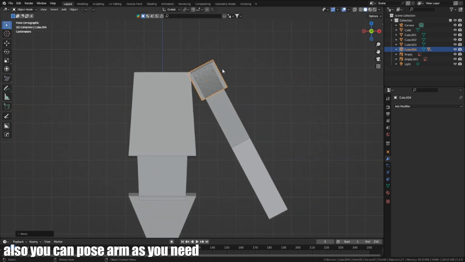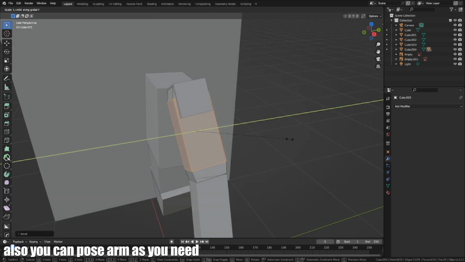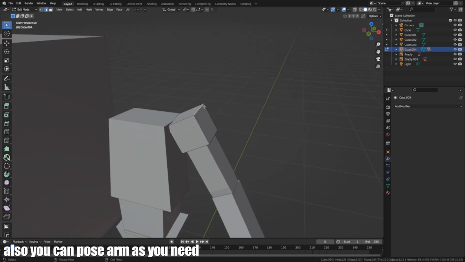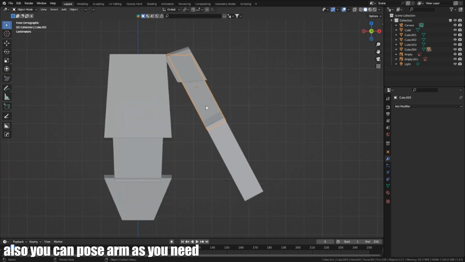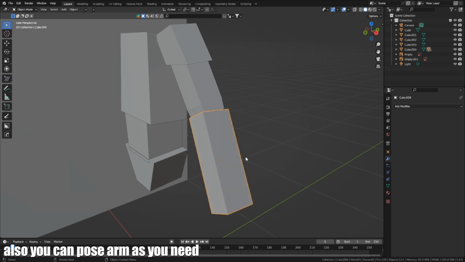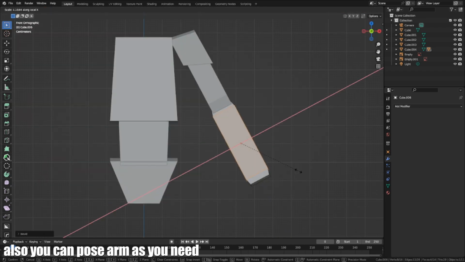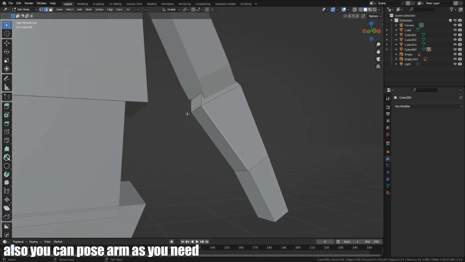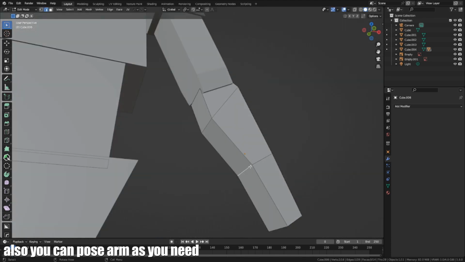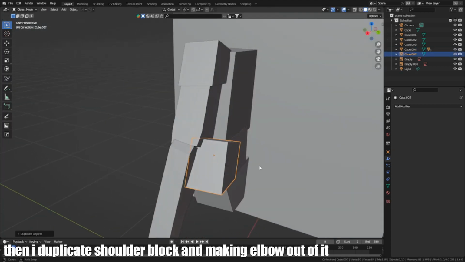Also, you can pose the arm as you need. Then I duplicate the shoulder block and make an elbow out of it.